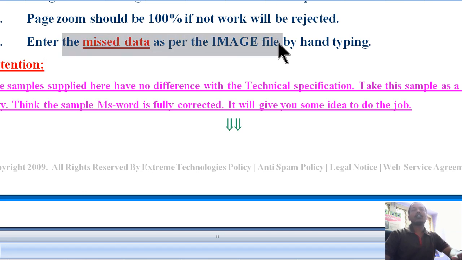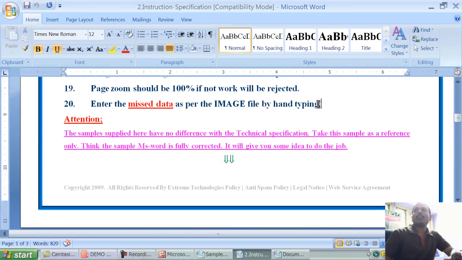I told you that we provide you the software converted Word files also. If you are editing the data from the software converted Word files, if anything is missing from the image file, then check it in the image files and type the data manually. Those who are editing the data, for those people it will apply. Those who are manually typing, for those people no need to apply this option.